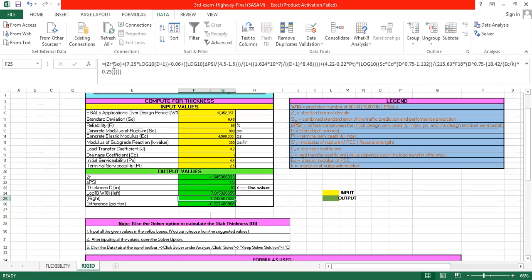The standard normal deviate times the standard deviation, which is the 0.45, plus the 7.35 times log 10 of the slab thickness plus 1, minus 0.06, plus log 10 of the total PSI over 4.5 minus 1.5, over 1 plus 1.64 times 10 to the power 7 over the thickness D plus 1 to the power of 8.46, plus 4.22 minus 0.32 times the PSI times log 10 of the modulus of rupture times the drainage coefficient, which is 1, times the thickness again to the power of 175 minus 1.132, over 215.63 times